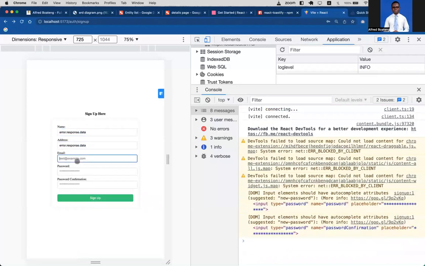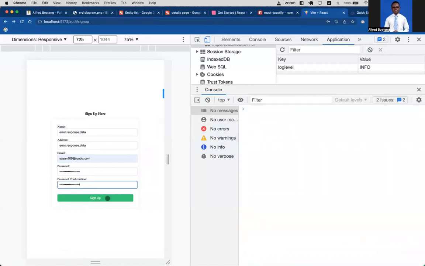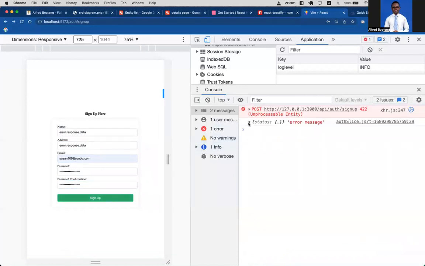Yay, error. And then I'm going to use Susan. All right. How can you use your boss name in your tutorial? Great. Can you see the error, the